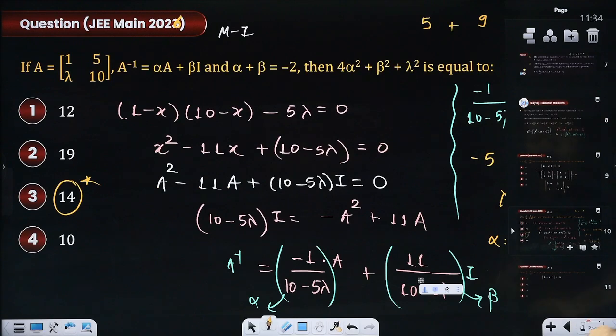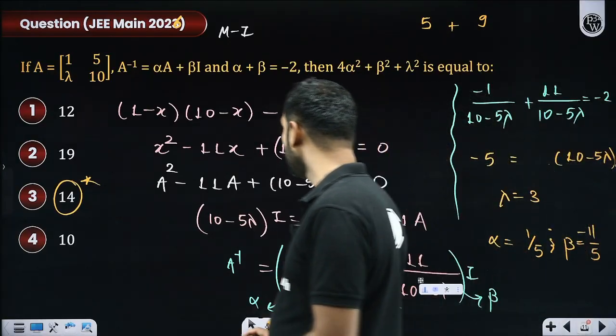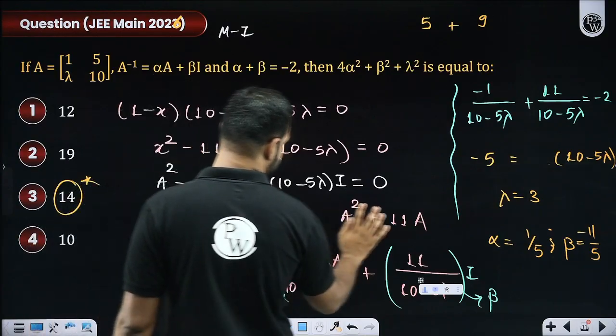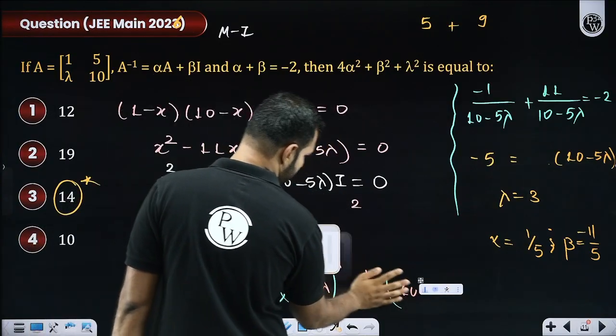Now, sir, you promised us that you will share one more approach, another approach. Yes, I told you. So what would that be? Okay, let's talk about that only. I'll talk about that second approach here only. Will that be okay? So, sir, what do you mean by that second approach? Yes, let me discuss that now.